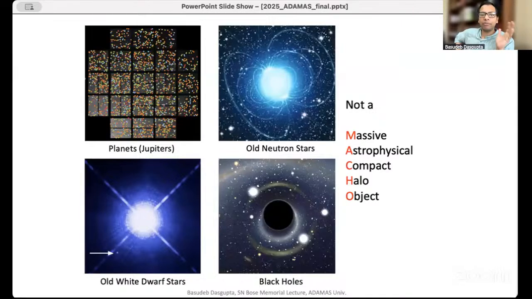This scenario roughly is called a MACHO, or a massive astrophysical compact halo object. And there are very good reasons to believe that this is not what's going on. There are two arguments. The first argument is that if there are these MACHO-like objects, these compact objects, they would lead to bending of light around them. And one can look for this kind of bending of light. This is called microlensing.